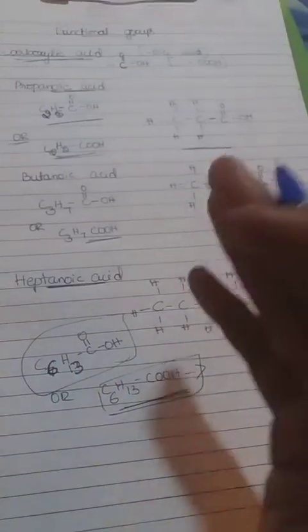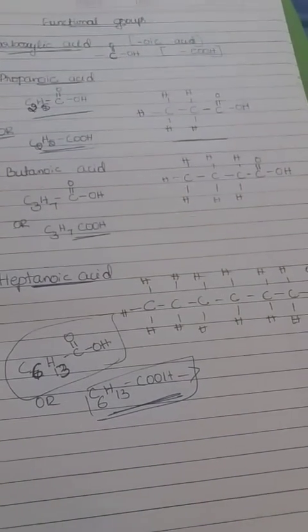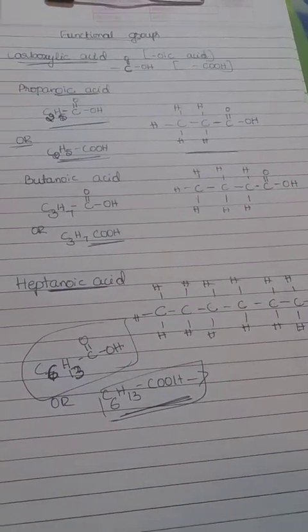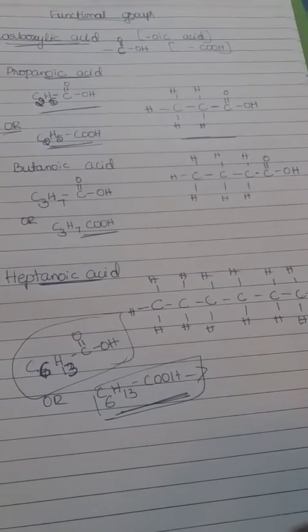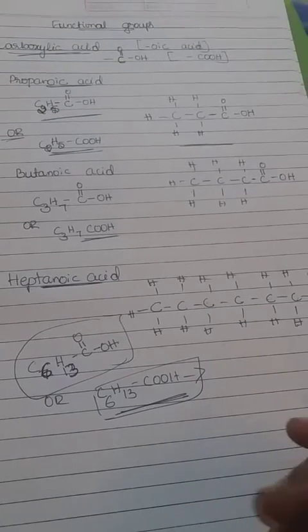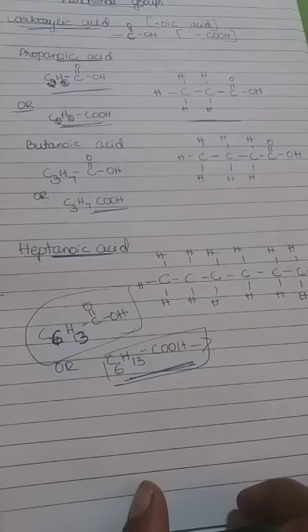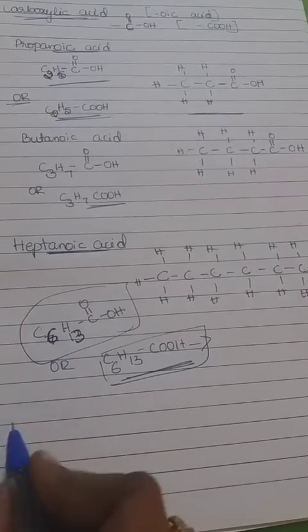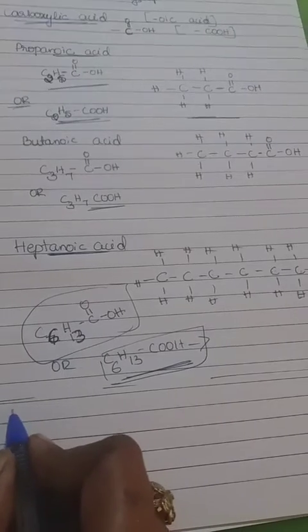So like that you have to continue and keep on practicing, then it is easy for you to understand everything, the functional groups, carboxylic acid and everything. So far I taught you the haloalkanes, then the alcohols, aldehydes, ketones and carboxylic acids. So finally one table I will teach you. You have to always keep this table with you, then it is very easy for you.